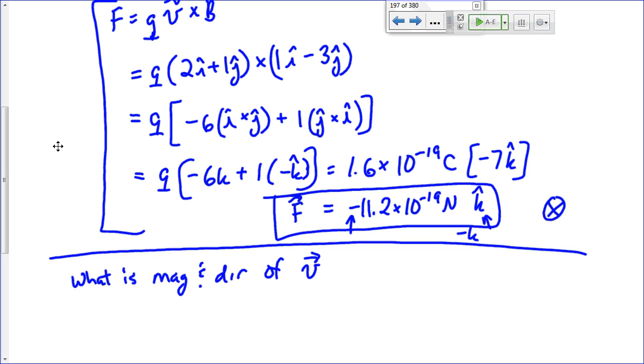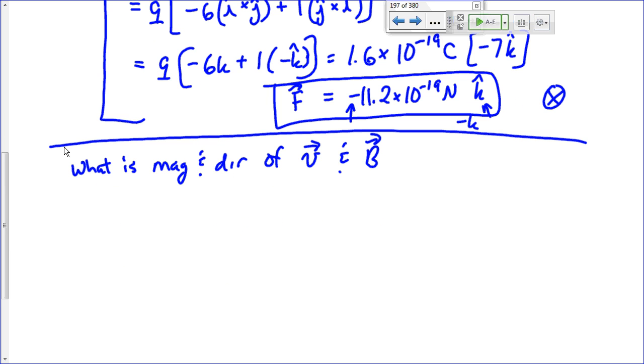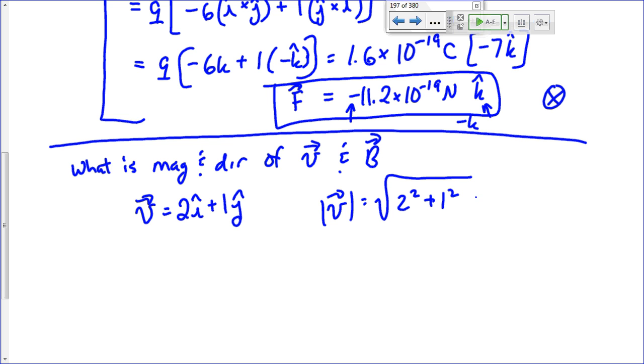This just goes back to vector stuff that we did before. Alright, I have V and B in vector notation, so I'll just do V right now, just to remind you how we do these vectors. The vector for the velocity was 2I plus 1J. Okay, so I can find the magnitude of that by Pythagorean theorem. And then I can also find the angle. So this vector V will be in the first quadrant. Something like this. I can find this angle theta. It's going to be the inverse tan of dy over dx.